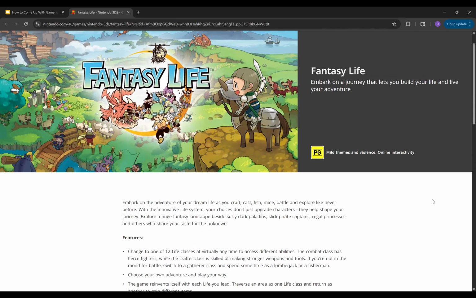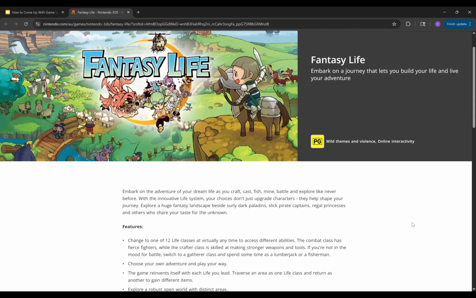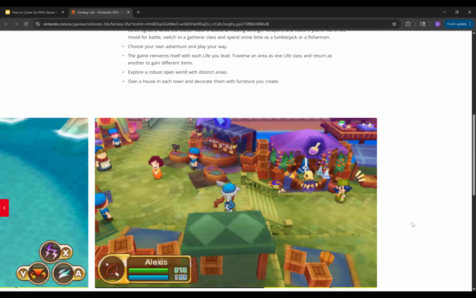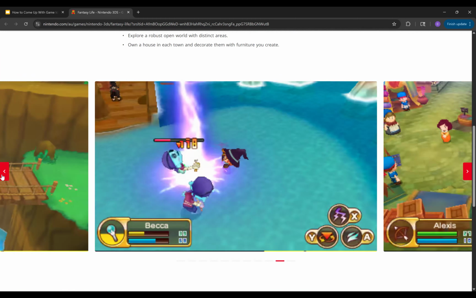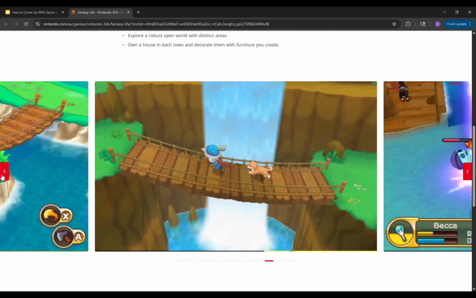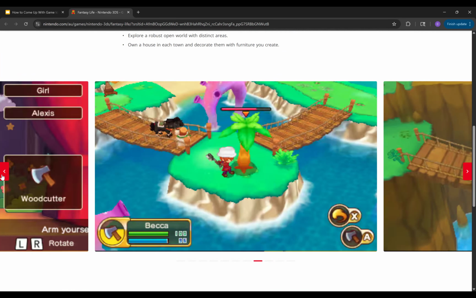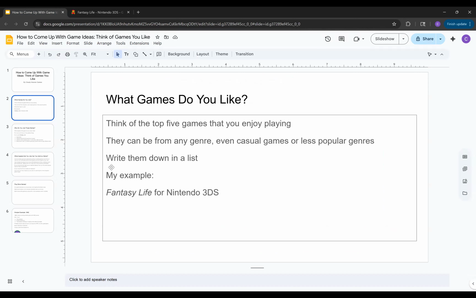So that's the game that I'm going to talk about for my first example. Also just a really fun game if you can get a copy of it for 3DS. Highly recommend it if you're into RPGs and games like that. Okay, so that's the game that I'm starting out with choosing.